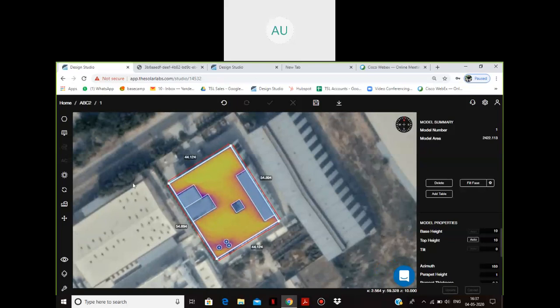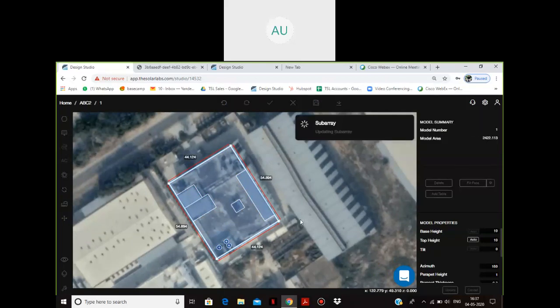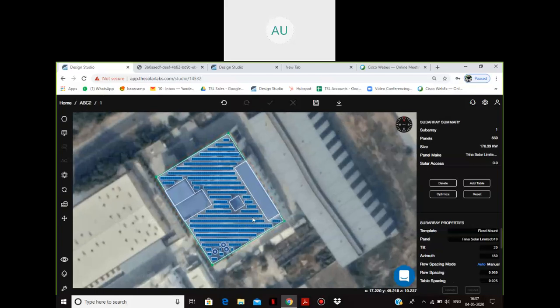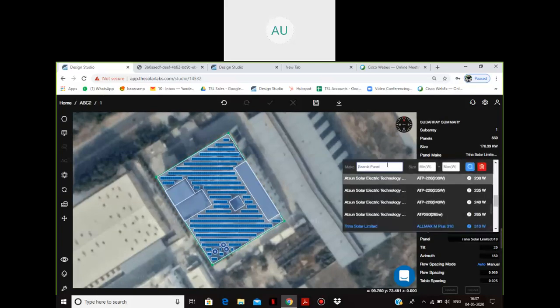I'll go back and turn this off, and I'll add on my panels now. So my panels are added in 1 cross 1 orientation, and it has taken a tilt of 20 degrees. This you can change at your will. Similarly, I'll go after a Vari panel. So I have a library where I can select a particular panel as well. If I want a Vari 390 watt panel, I go and search in the library.